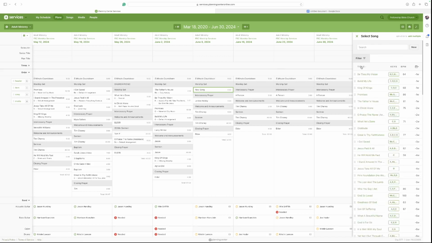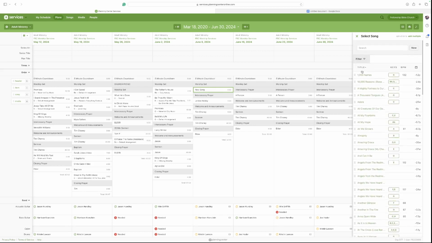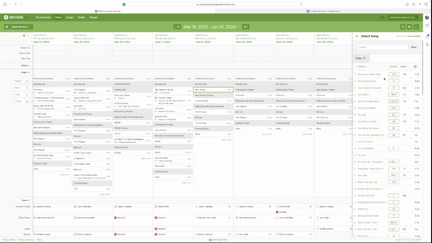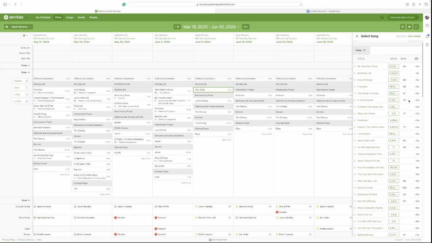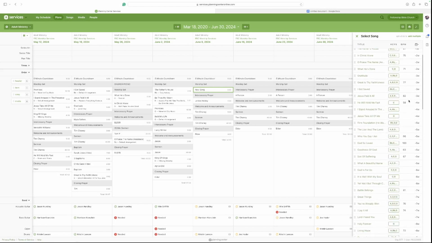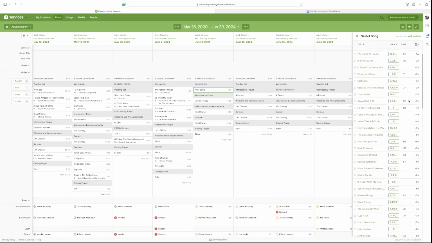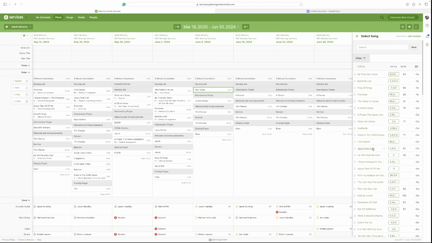The other way that you can do it is by title. So if you want to do it alphabetically, you can sort it by that, or you can sort it a couple different ways, or reverse. But I really, really like to look at when was the last time we did this song. I want to make sure we have a really consistent scheduling process. So the only thing that you need to remember, and the reason why it's helpful to have the matrix up, is if you have multiple service types,